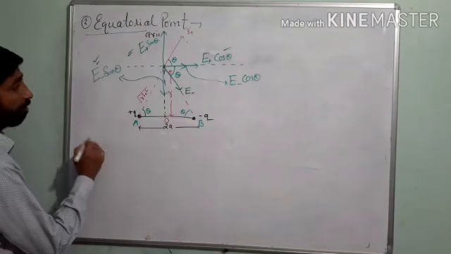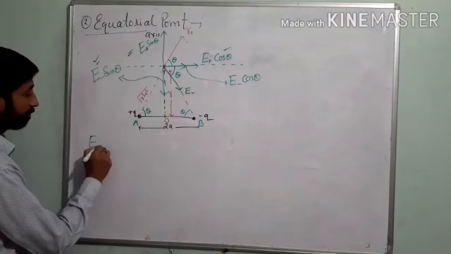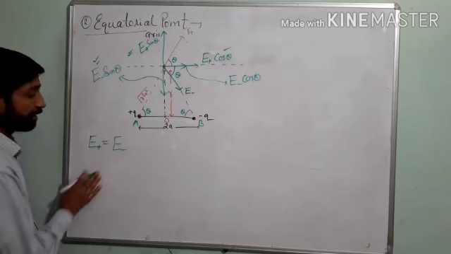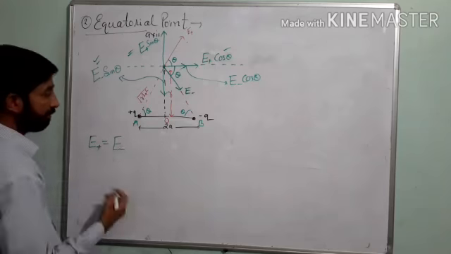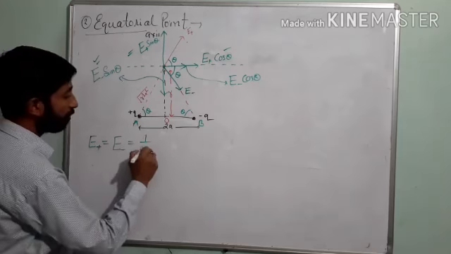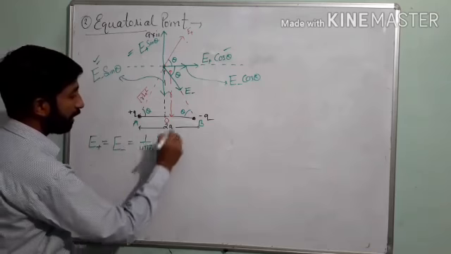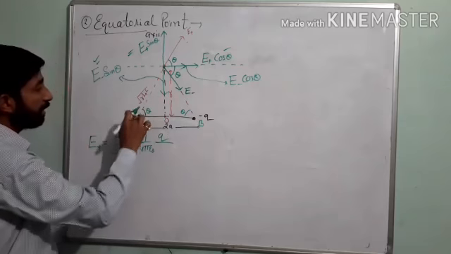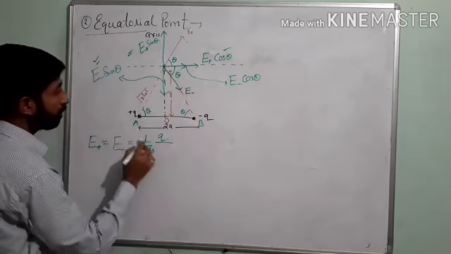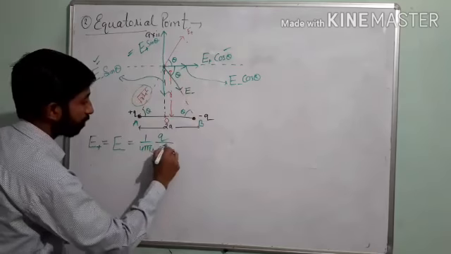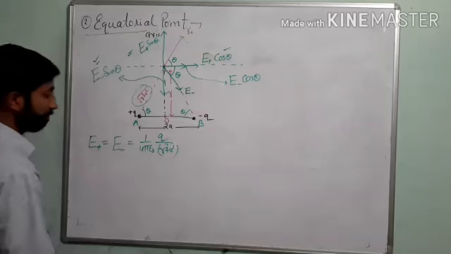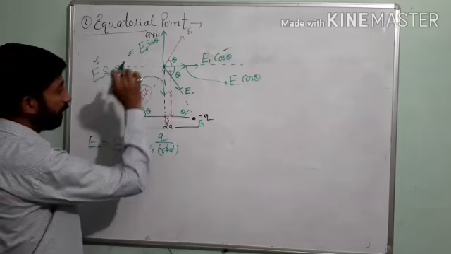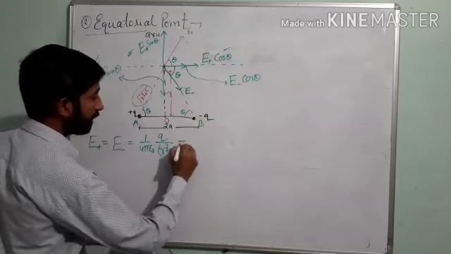So first we shall calculate E plus, which is equal to E minus, because both the charges are of equal magnitude and at the same distance. This is given by 1 upon 4 pi epsilon naught, times the charge, any of the charges, over the square of the distance, and this is AP or BP. So obviously the square of this distance is equal to R square plus A square, and this is the magnitude of the electric field at this point due to each of the two charges, and let's assume that is E,